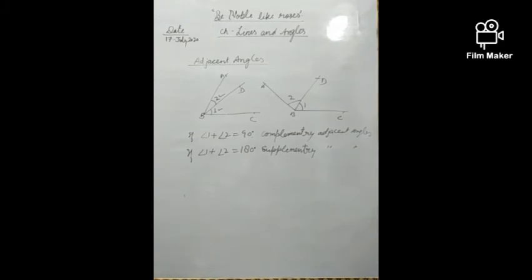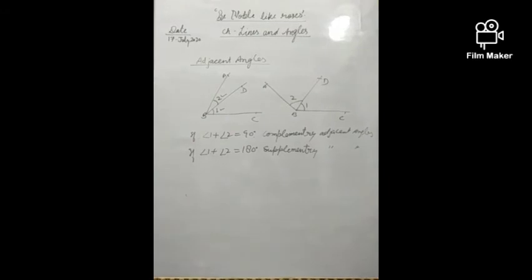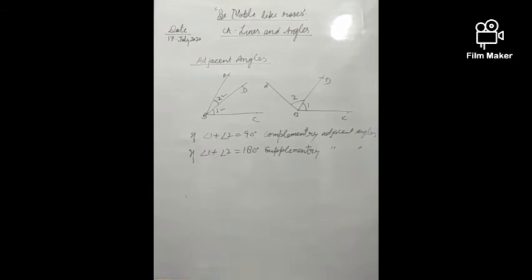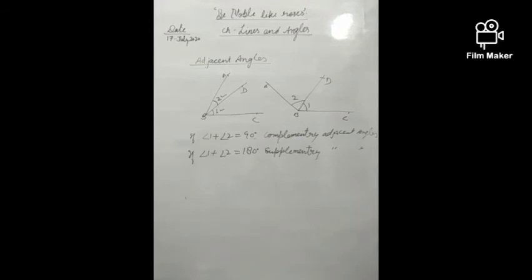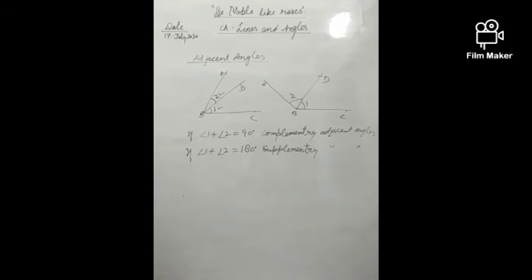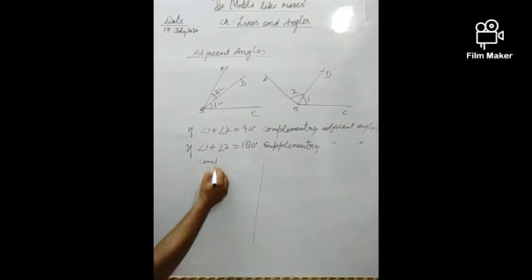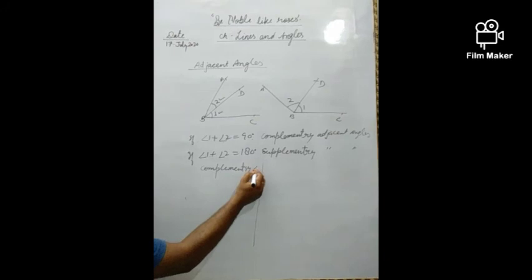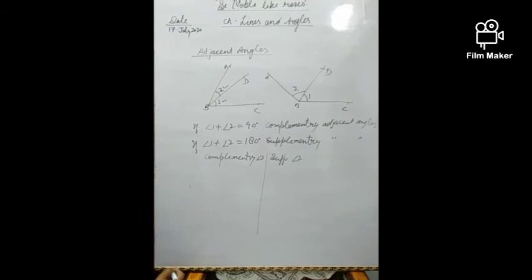So we can conclude the definition of complementary angles. Complementary angles are angles whose sum is equal to 90, meaning if a pair of angles is given in such a way that the sum of the two angles is 90 degree, such a pair of angles is known as complementary. I am going to prepare a list for understanding: complementary angles and supplementary angles. So many pairs are there.